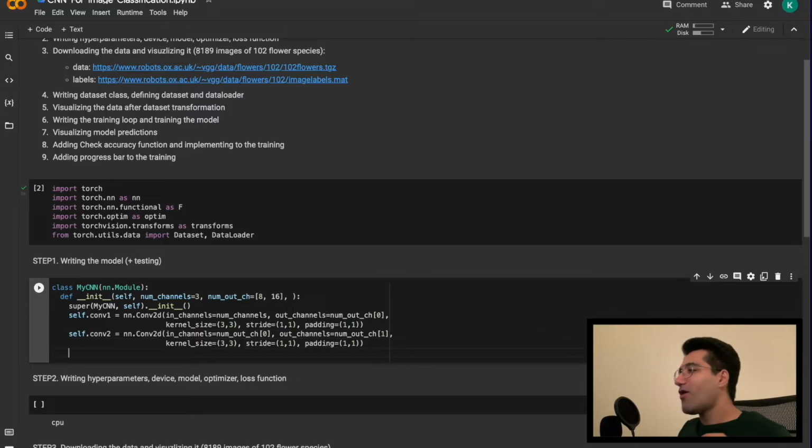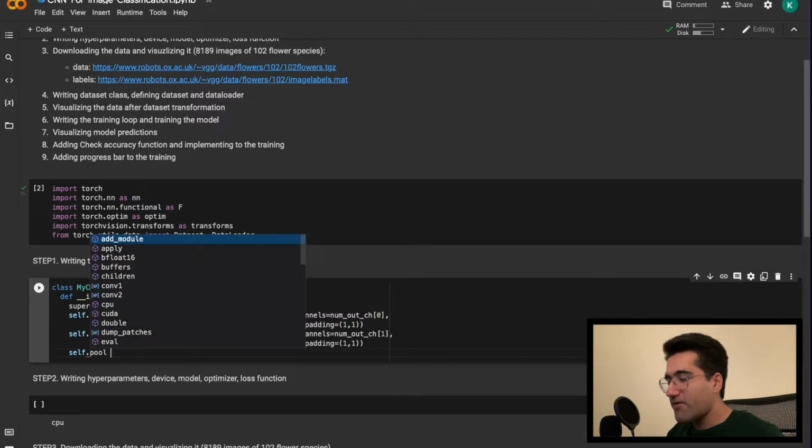Now, keep in mind, with convolutional layers, it's very useful to utilize the max pool concept. The max pool is basically looking at some number of pixels and then decides which one is the maximum value and then only retains that value, and it decreases the dimensions of the image to a decent amount, and this decrease results in the fact that the next convolution layer would have less weights and biases. While we have the most important information carried over, we will have a much lighter model to go forward with. So that's the importance of utilization of max pools, and this is something that we're gonna define here as self.pool